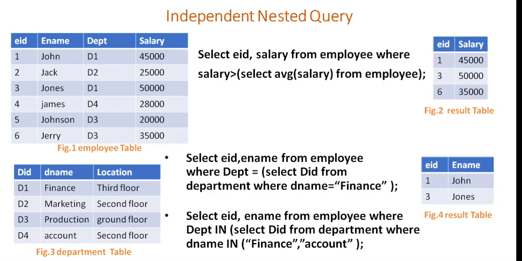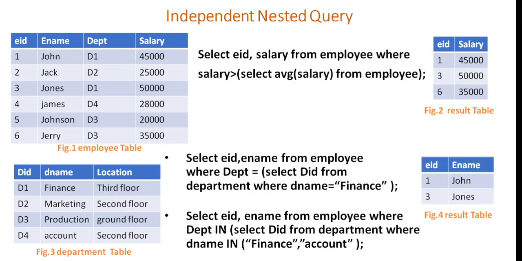In the previous query we used department equal to, because we wanted to display data for the employees working in a single department only, meaning we wanted to compare a single value only. But now we want to display data for the employees working either in finance department or in account department. Here we want to check more than one value, that's why we have used the in keyword, because by using equal to you cannot compare multiple values. If you want to compare multiple values, you need to use the in keyword in a query.